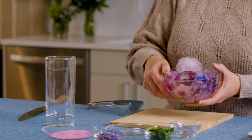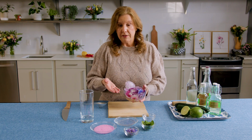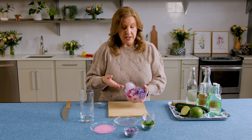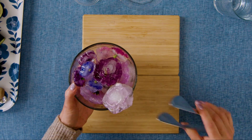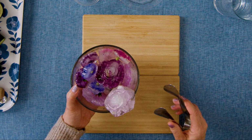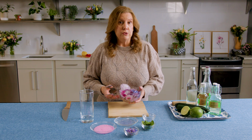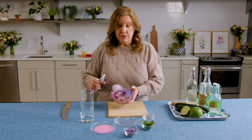So what do we need to start with in advance? Absolutely making your edible flower ice cubes. I just took some silicone molds. You can find them at a craft store. Silicone molds in the shape of flowers. I added edible flowers. In this case, we have some Cosmos, that's the bigger ones here, and some smaller bachelor buttons. There's also at the bottom, we have some Johnny Jump Up, also known as violas. There's a number of different varieties that you could use here. The key is to use the most vibrant colored varieties that you can find so that it shows through the